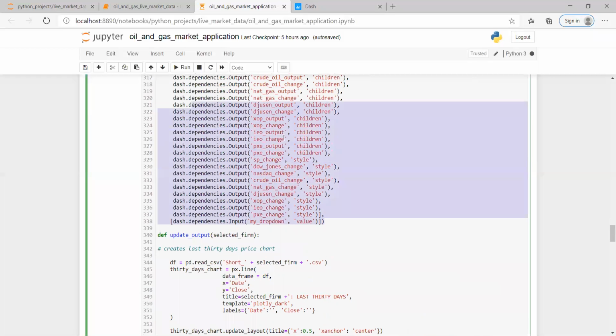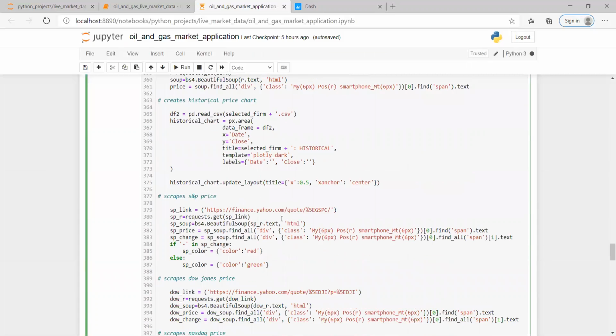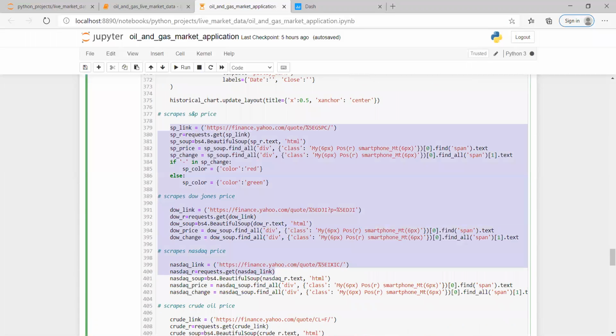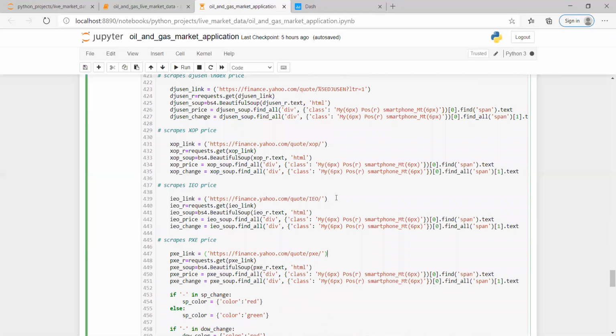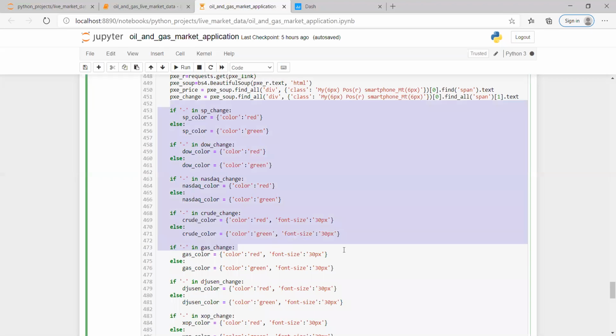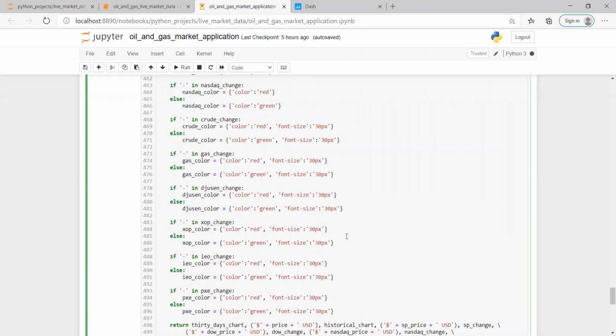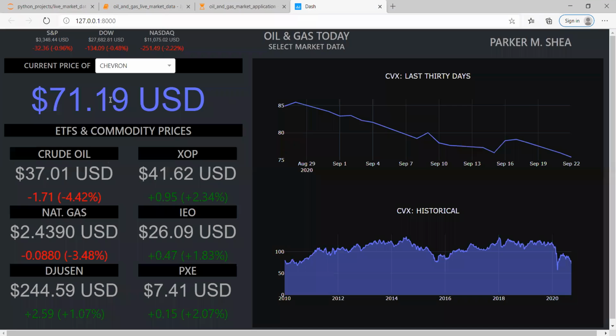And then you've got your callback function here. It's not efficient at all. These are all basically the same function that could have been written in a for loop. I was getting to a sort of proof of concept state, same with these if else statements here, getting to a proof of concept stage with the dashboard. So this is not a super well written script, but as you can see, the final output shows